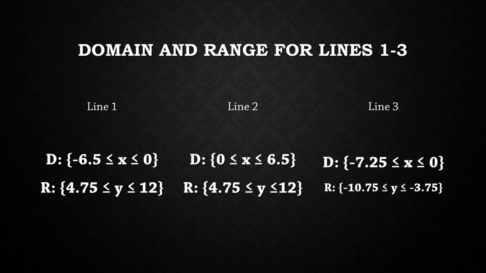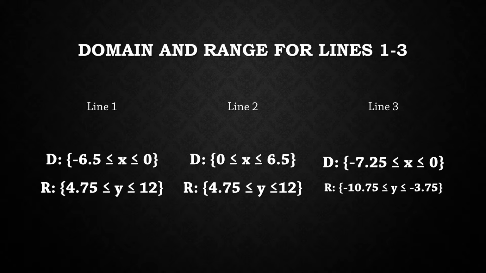Now let's move on to domain and range. The domain for line 1 is negative 6.5 is less than or equal to x is less than or equal to 0, because the least x value in line 1 was negative 6.5 and the greatest was 0. The range for line 1 is 4.75 is less than or equal to y is less than or equal to 12, because 4.75 was the least y value in line 1 and